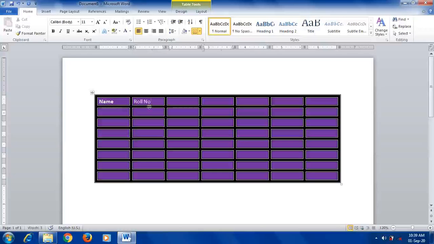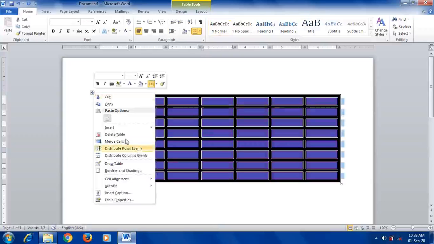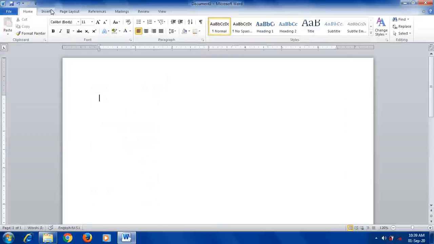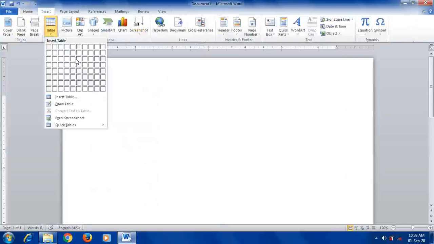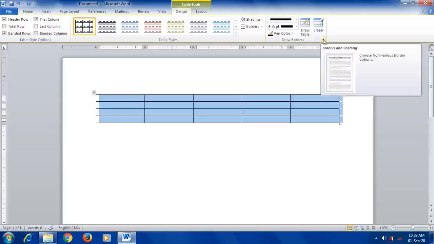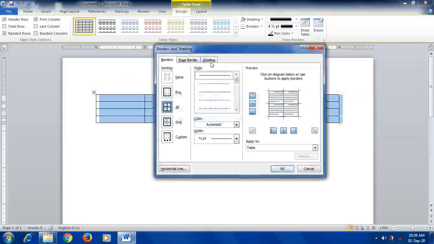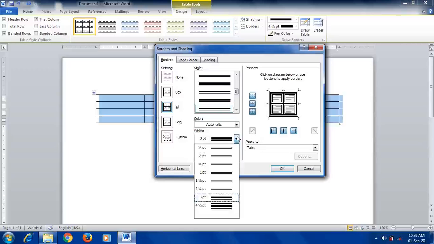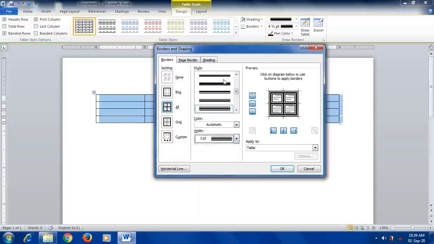So this is the way of applying the borders and shading. Let me show you once again very quickly without wasting time. First of all, insert the table, and after inserting, select your table. After selecting, click on the dialog box launcher of Draw Borders. In this, select the style, then select the width, then select All if you want to apply it for all.